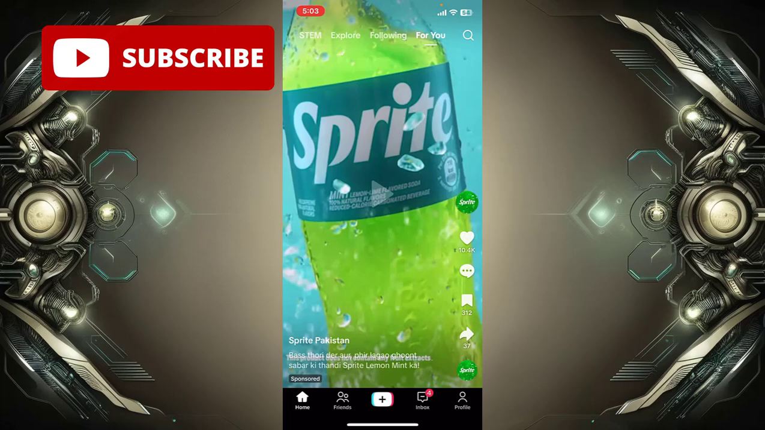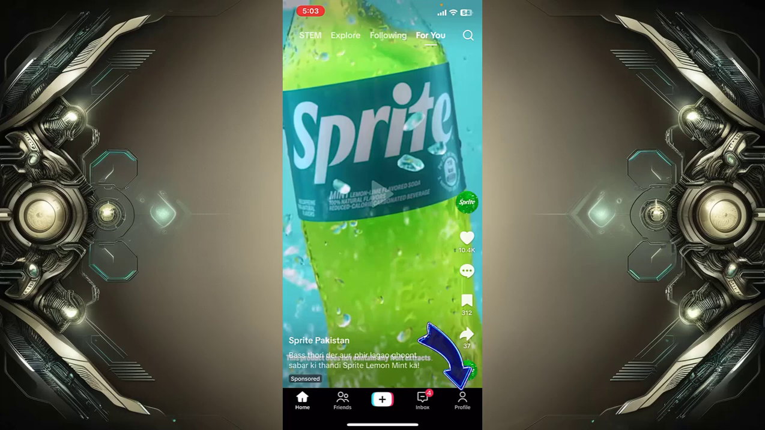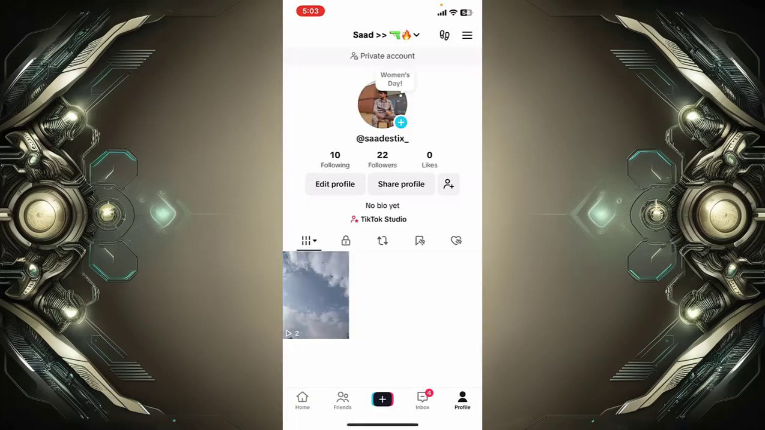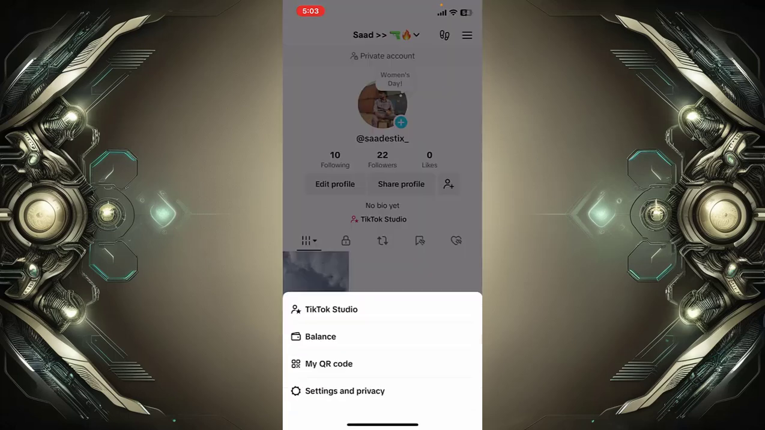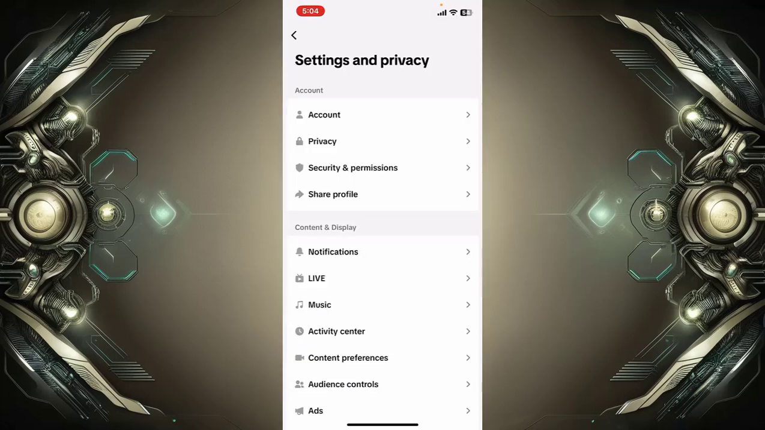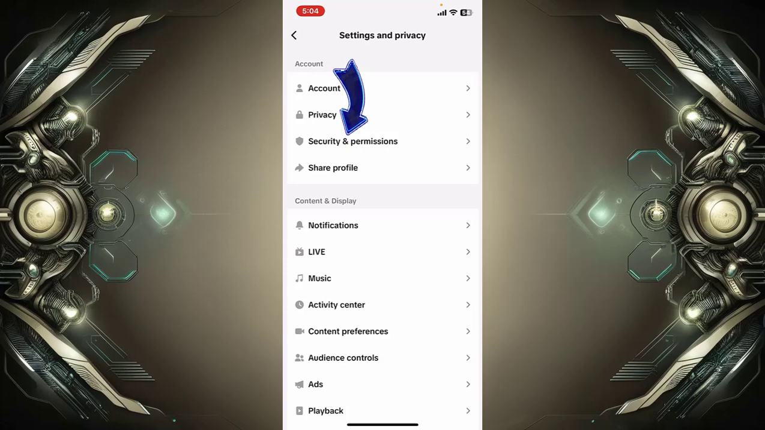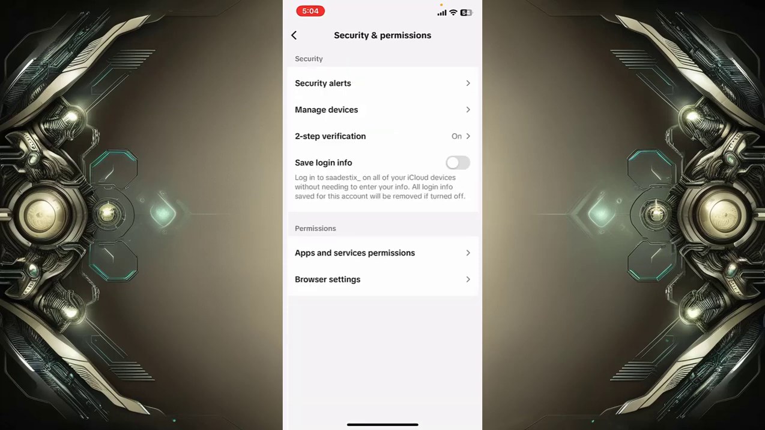After opening the app, you can simply go to the profile icon at the bottom right corner of the screen. Tap on it, and here you can now tap on the three horizontal lines at the top right corner of the screen. Now you can tap on settings and privacy at the very last, and here you can simply scroll down. Now tap on security and permissions, and after this you can now tap on two-step verification,